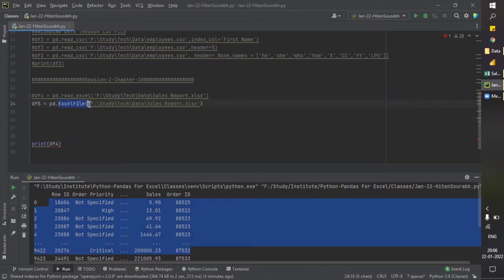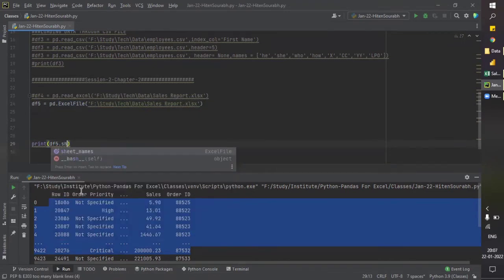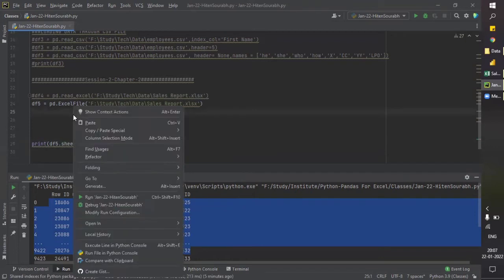Now we write df5 dot sheet_names, press tab to get this name, and run it.